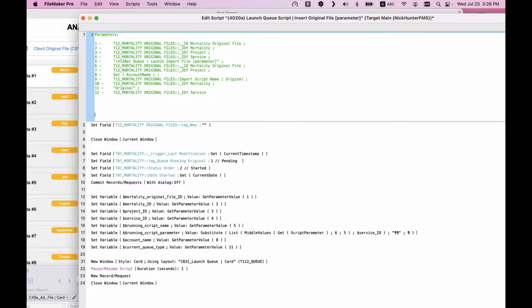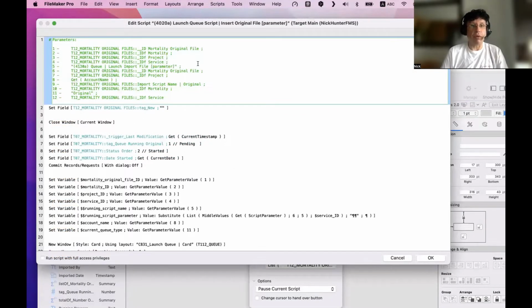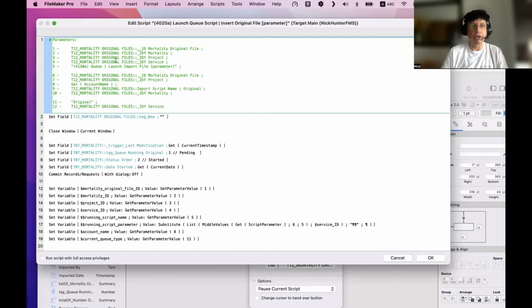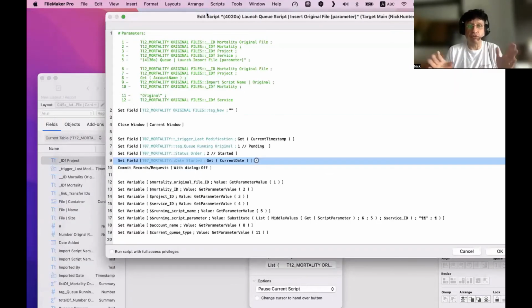Okay, Control, carriage return, you add a line here. So I have this. So now I want to isolate this, right? And I want to isolate this 1, 2, 3, 4, 5. Okay. So why do I want to do this? Because here is how I'm using script parameters. Now I'm showing you how to use script parameters in a way a little bit more advanced.